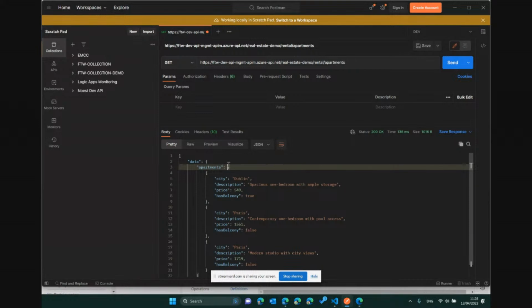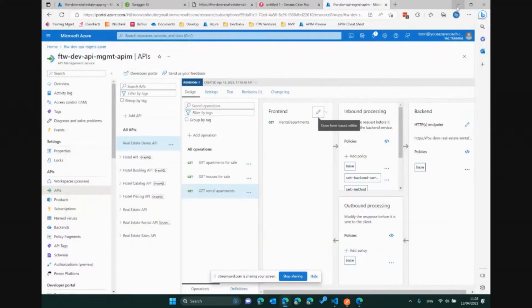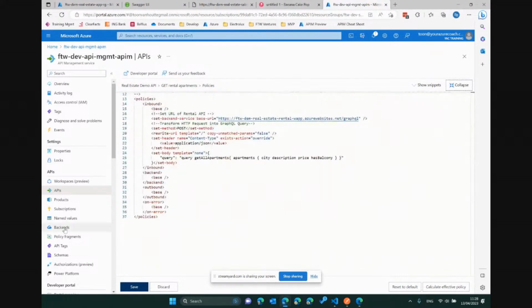So what I actually want is to write a policy on my response. This will be an outbound policy to strip away this part and only keep the array of apartments. So we have a 100% match with the sales apartments. Luckily we can do this. So I can just, again, expand here and copy like this and say, okay,